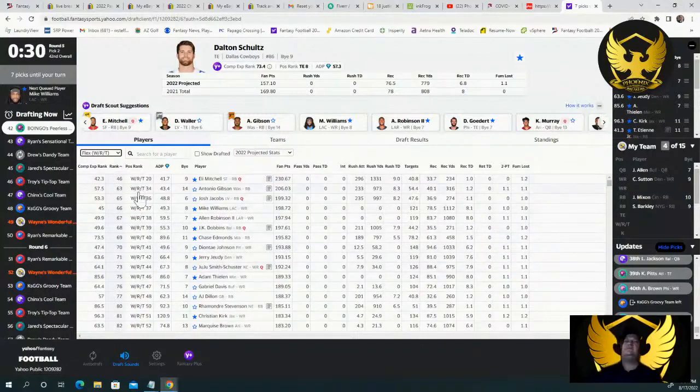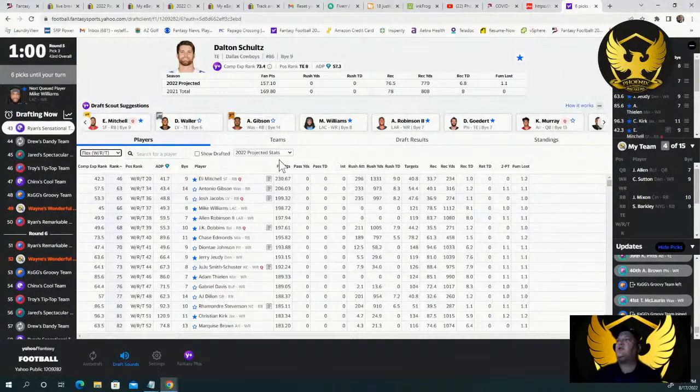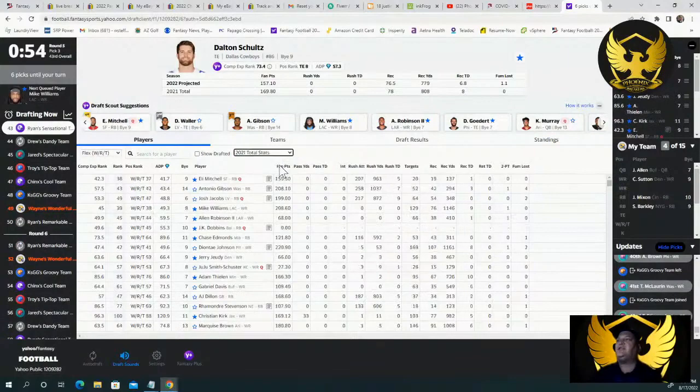All right. So let's see what the board shakes out. Again, we need a tight end, a receiver, and a flex player. If you're looking for the most points, obviously the flex player is going to be a running back because they score more. You can see that the running backs are the top three flex players available based on projected stats this year. If you went by stats from last year and resynced them, they're still going to be running backs. So